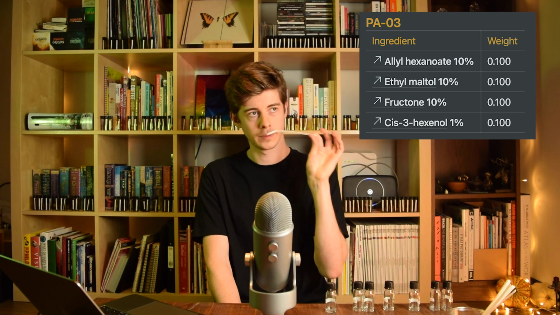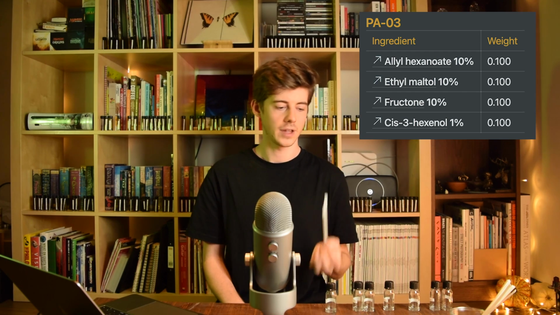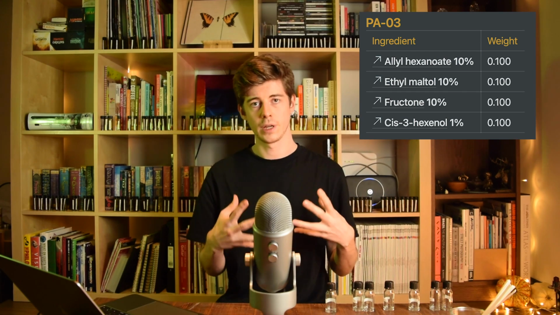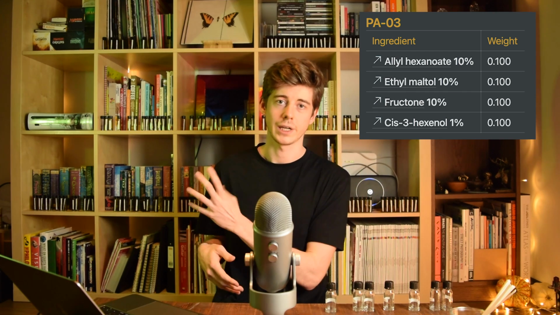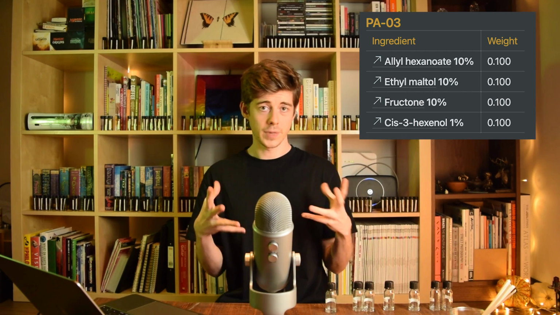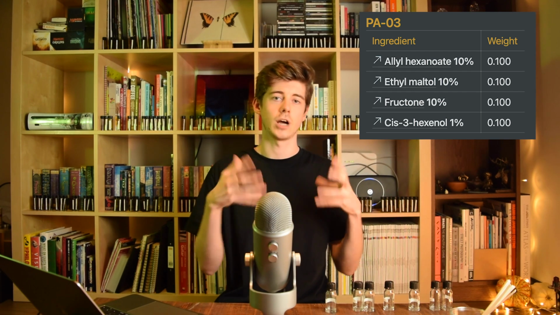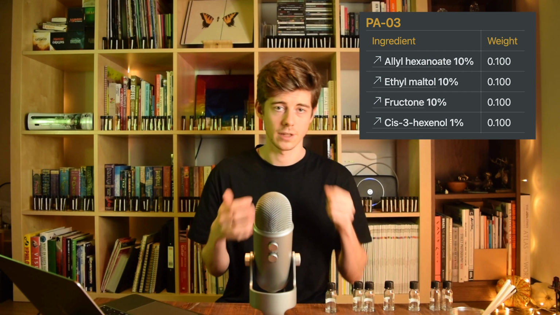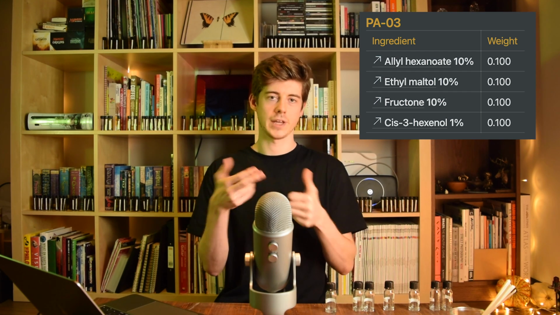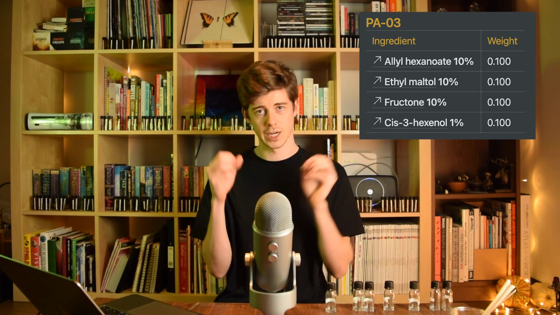It does smell, I would say the cis-3-hexenol is a bit strong. And the other thing though that I noticed about this one was, yes, it's great, but after time, it very quickly falls off. Now the problem here is that the allyl hexanoate and the cis-3-hexenol are both such hyper top notes. They're so volatile that only after a few minutes, when they start to evaporate, you've really only got the ethyl maltol and the fructone left on the scent strip. So the kind of pineapple character really gets lost.